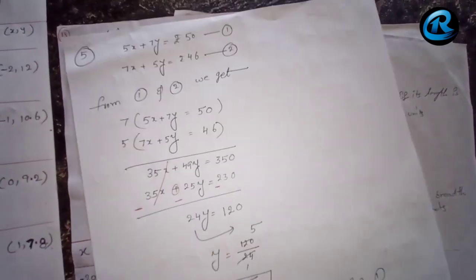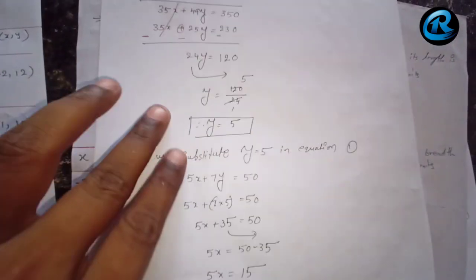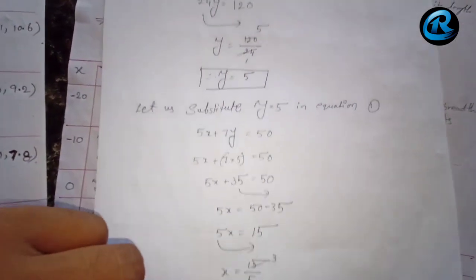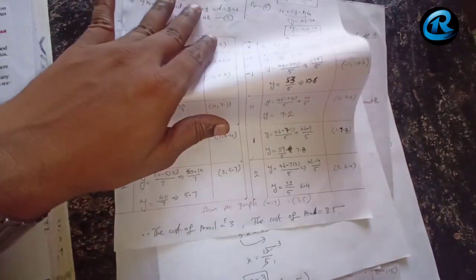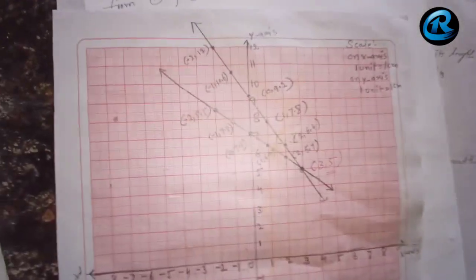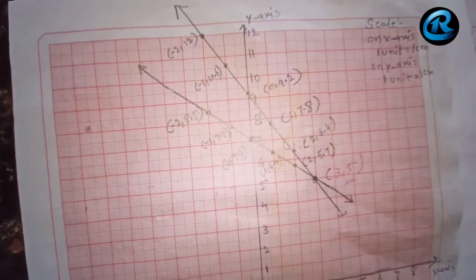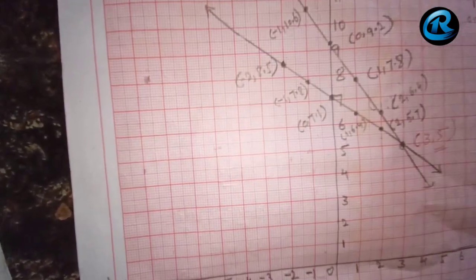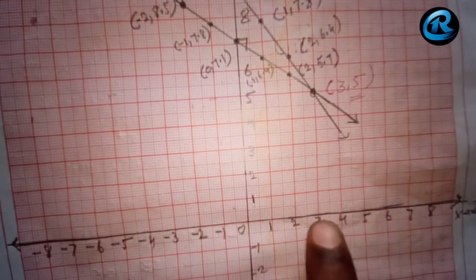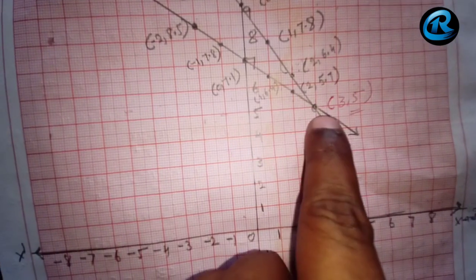If y equal to 5, this y value I will substitute in equation number 1 or equation number 2. I will substitute in equation number 1, 5x plus 7y equal to 50. So I will get the x value as 3. That means the graphs are going to intersect at the value 3 comma 5. That means x equal to 3 and y equal to 5. So see, from the graph let me check if it is the same thing. See the scale we have taken and the values which we have substituted, whether we got the same or not. They intersect at x value 3 and y value 5.